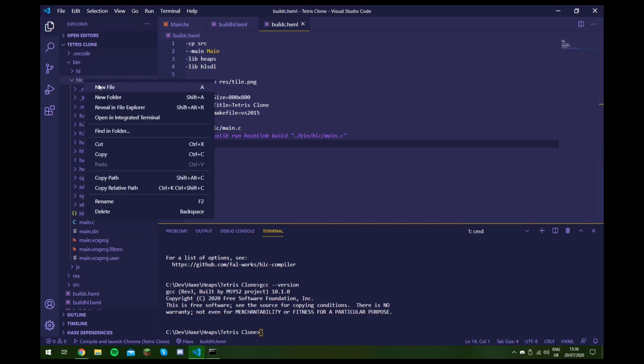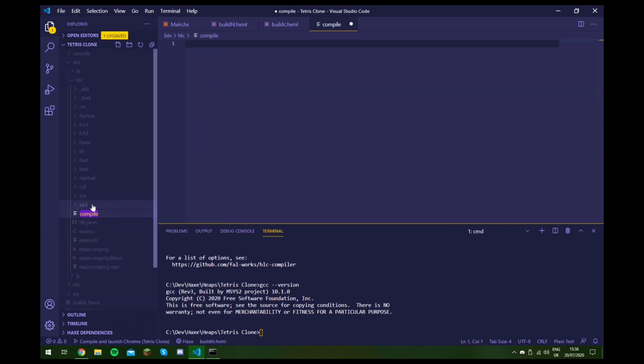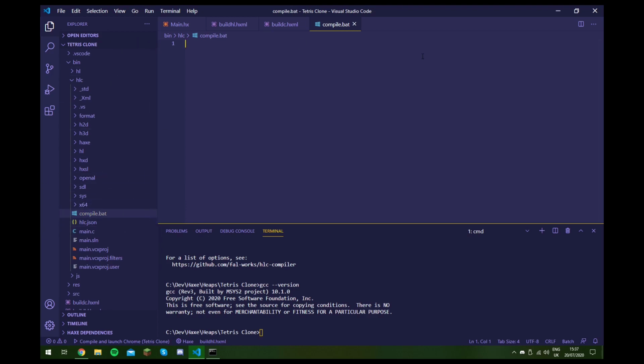Now what we actually want to do is, we've got our C code generated, but now we want to run a command that will compile it for us. So I'm just going to create a batch file, and we'll just run this to compile our program. So what we put in here is we type haxelib run hlc-compiler, and now we specify some arguments. The directory we want to output it in, we specify using --outDir, and it's going to be out,